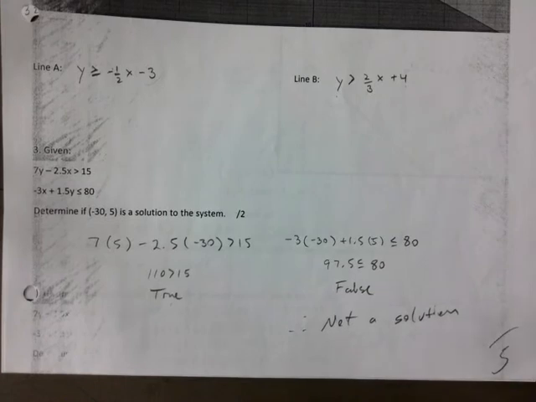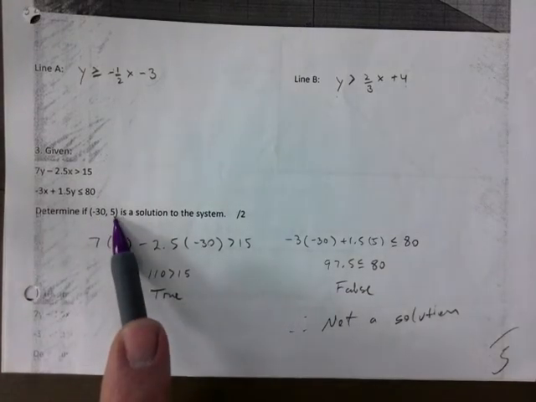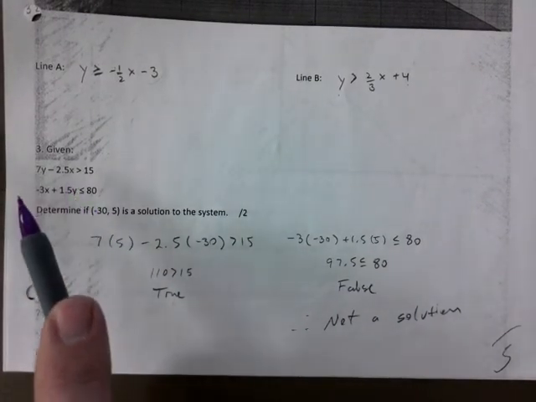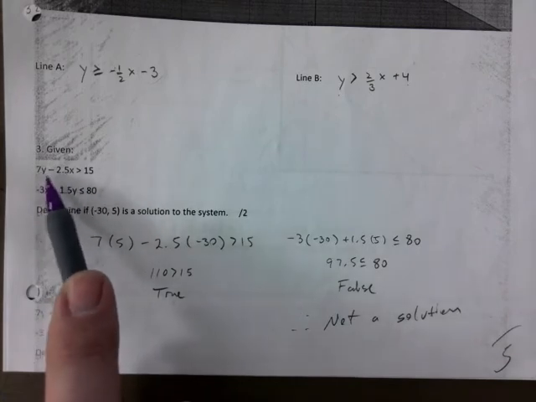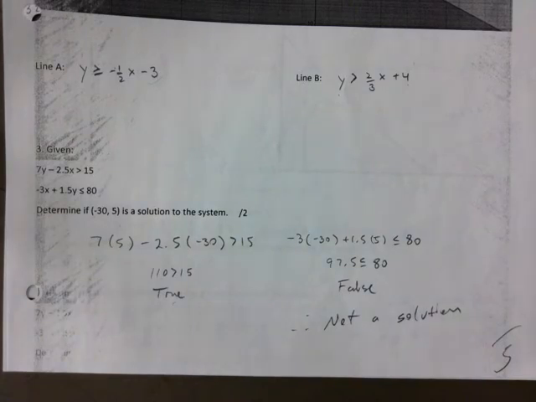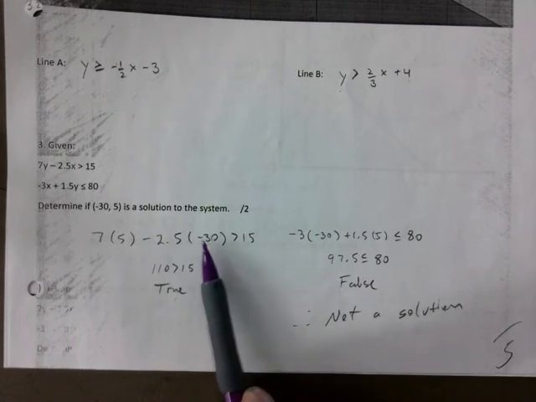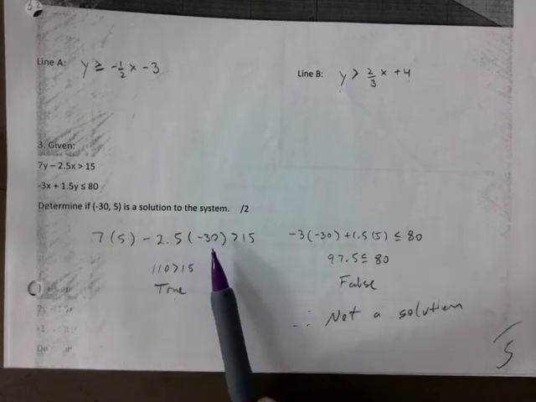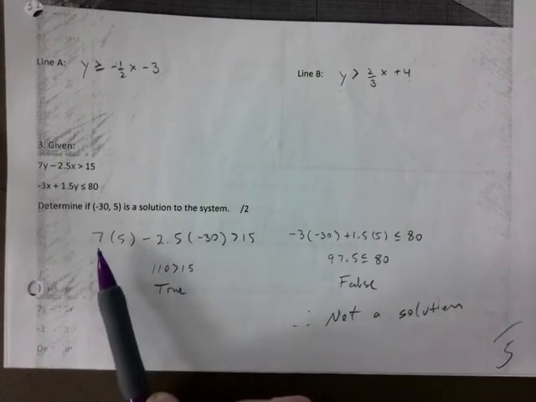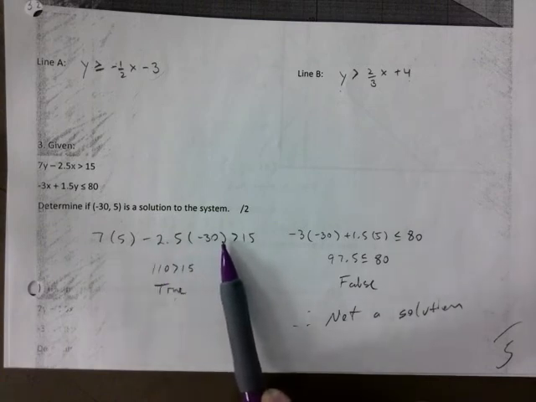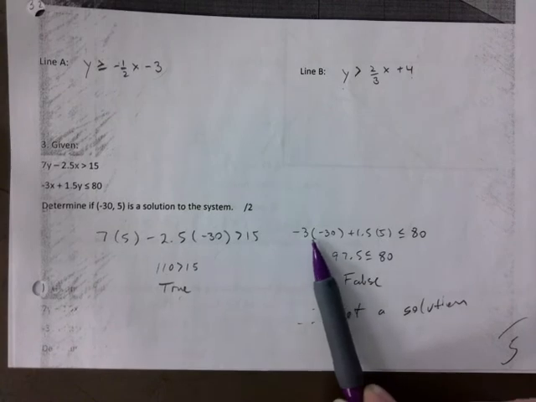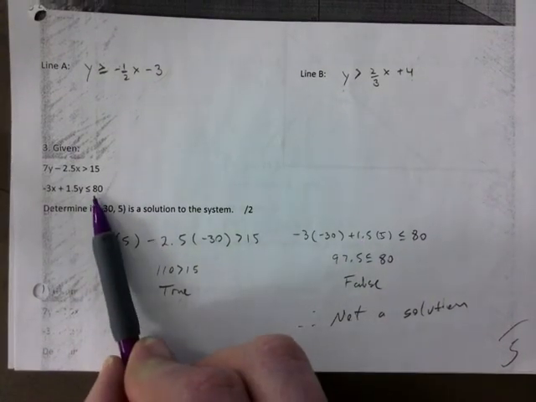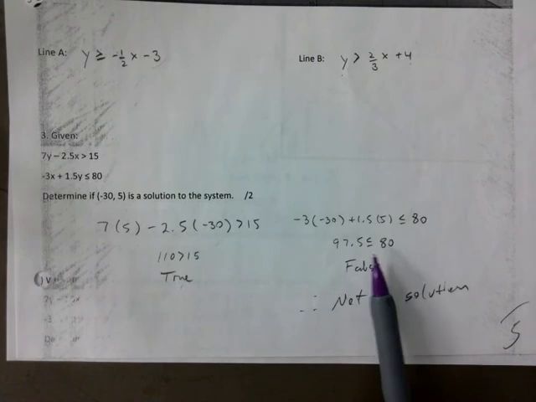Last but not least, you plug in this one. You got to be careful because I flipped the y and the x here. You're so mean, right? Just watch carefully, right? Just plug in negative times a negative. You can type this into your calculator for all I care. Like, I'm not going to know the difference, right? So you just type this in exactly like this. You get 110 is greater than 15, true. You type in x and y into that second inequality. You end up with a true,